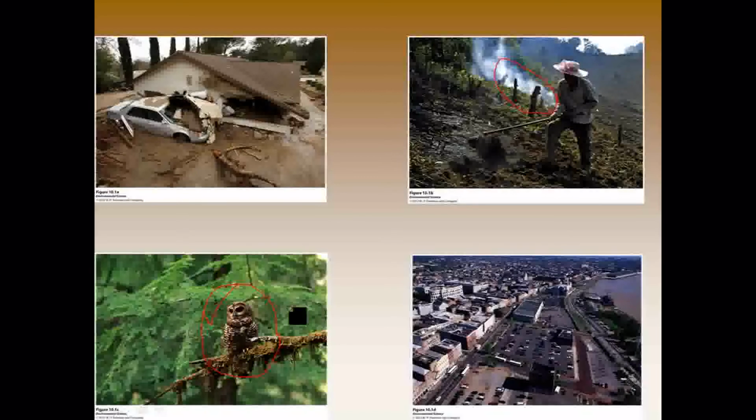A logging company bought a mountain, and they bought that mountain to cut down all the trees off of it. And when it was discovered the spotted owl would live there and only there, the courts ruled that the logging company had to suspend its logging activities. And of course, that didn't make them very happy. They didn't think it was right that the government could tell them what to do with their land. As I said, there was the first court challenge to the Endangered Species Act, and the spotted owl won, which made the business community kind of upset.